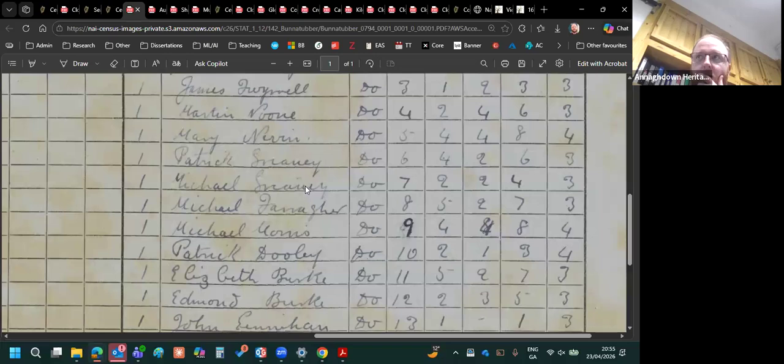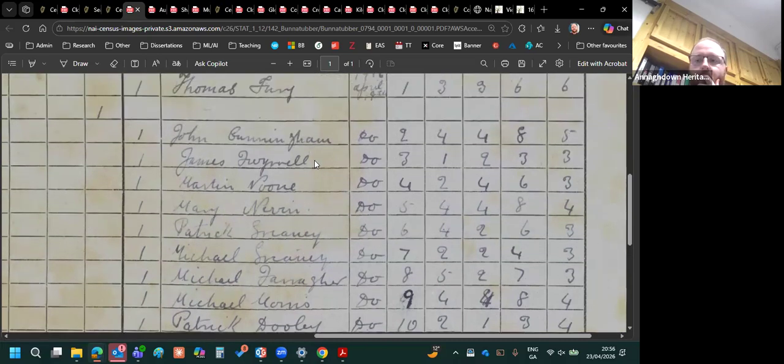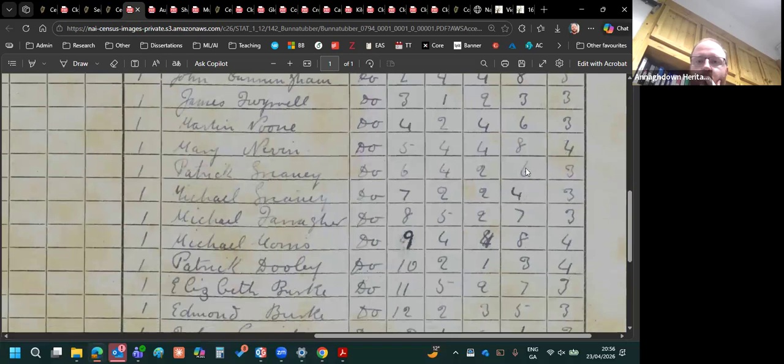Well, Greaney's would be next door, right? I think so. Say we should picture on the rooms and the windows. That would be a reference to Mary Nevin's house, rooms and windows. So there are 4 front windows in Mary Nevin's, 3 in Greaney's. So they're the 2 Greaney houses actually that are in the Boring and Bunatubber. I would say yes. There were two houses in that yard. So those are the 2 houses. Yes. I think so.